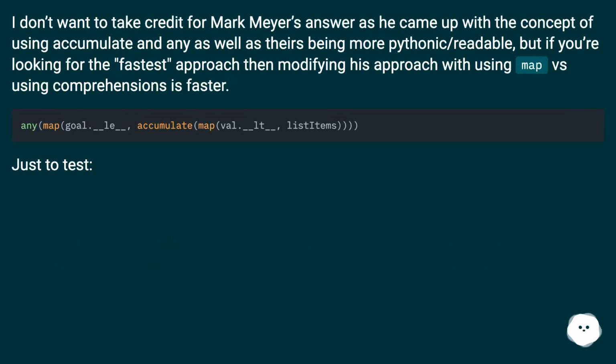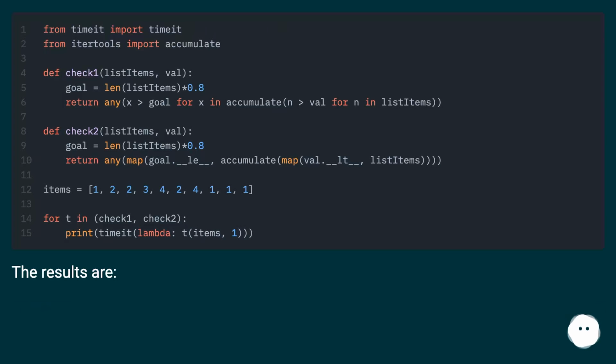I don't want to take credit for Mark Meyer's answer, as he came up with the concept of using accumulate and any, as well as it being more Pythonic/readable. But if you're looking for the fastest approach, then modifying his approach with using map versus using comprehensions is faster. Just to test. The results are